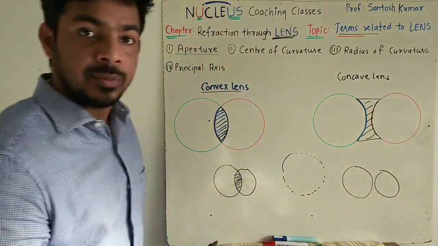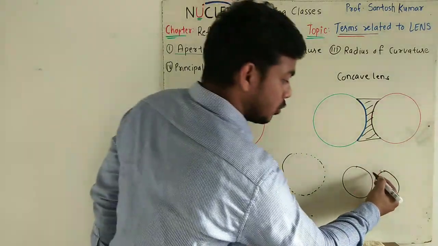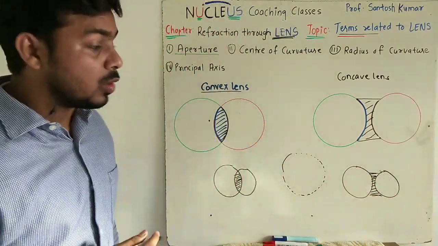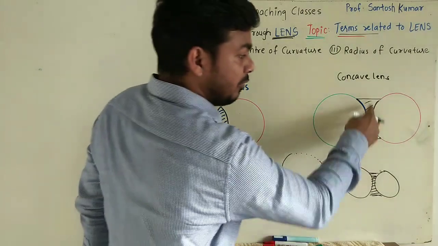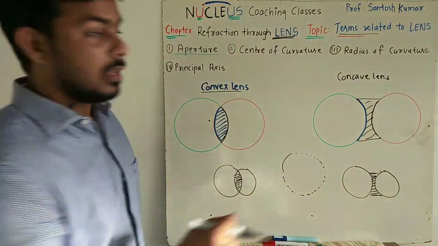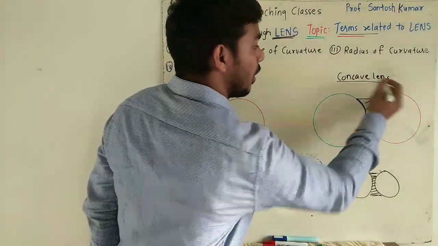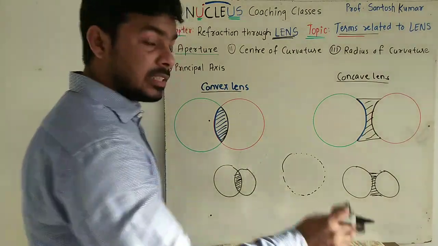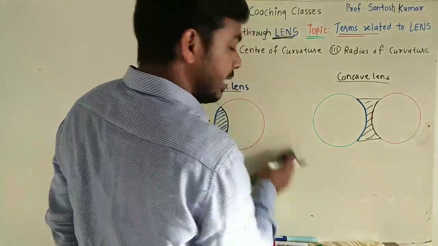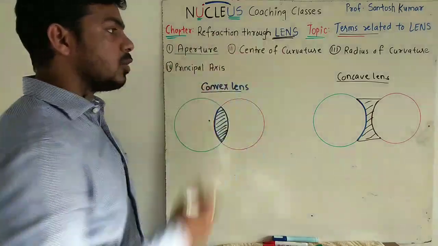If I talk about two spheres, let's say these are the two spheres, and if I take the common portion between them, but remember these spheres do not intersect each other. Okay, if I take some common portion between them, again I will get a lens with two curved surfaces, and the common portion between the two spheres is thinner at the middle and thicker at the edges. So by definition this is nothing but a concave lens. So this is how lenses are formed, by considering two hollow spheres. So remember, a lens is a part of two hollow spheres. So convex and the concave lens.